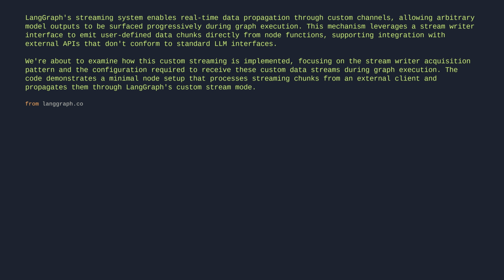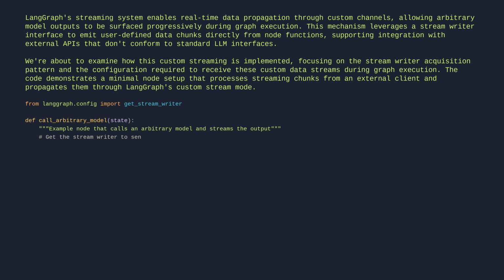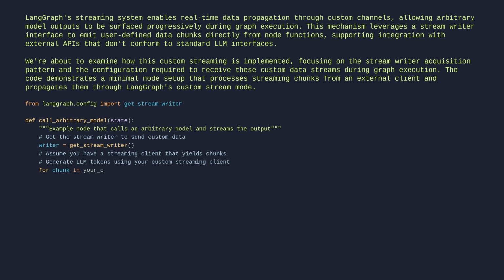From langgraph.config import get_stream_writer. Def call_arbitrary_model(state): Example node that calls an arbitrary model and streams the output. # Get the stream writer to send custom data. writer = get_stream_writer(). # Assume you have a streaming client that yields chunks. # Generate LLM tokens using your custom streaming client. for chunk in your_custom_streaming_client(state["topic"]): # Use the writer to send custom data to the stream. writer({"custom_llm_chunk": chunk}). return {"result": "completed"}